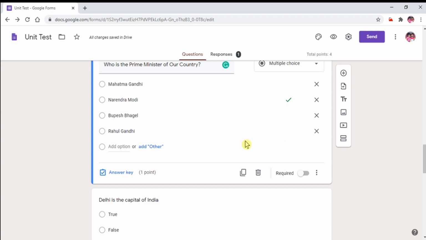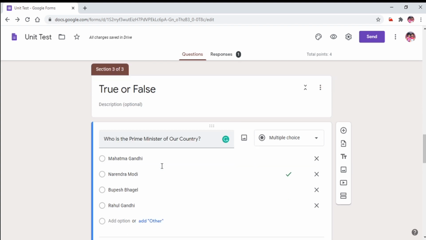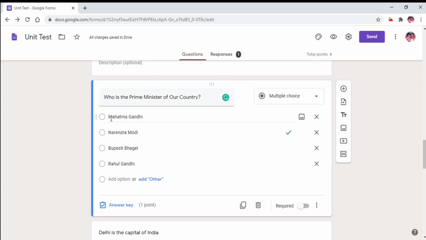Another area that we have to discuss is that when you make a question, you may feel that the order of the options should also be shuffled. There is an option for this. Go to the three dots just below each section of the question, click, and select shuffle option order. So the student will be receiving the options also in a shuffled manner.